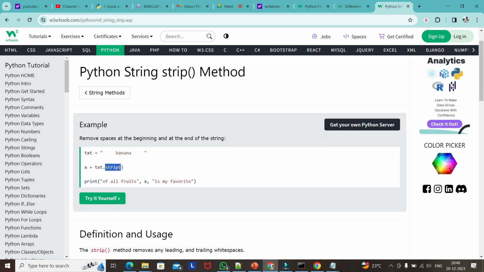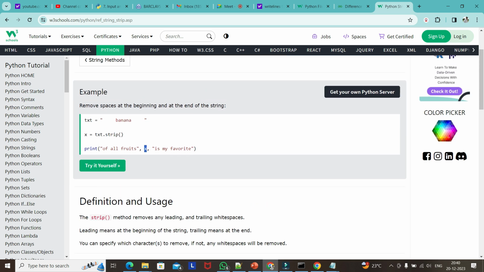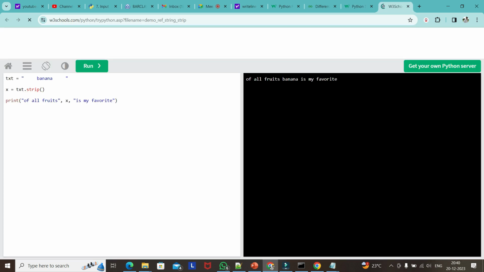So here we have spaces at the beginning and ending of the string. When we do that, it will actually remove them. If I don't, multiple spaces are coming, but if I give the strip method,